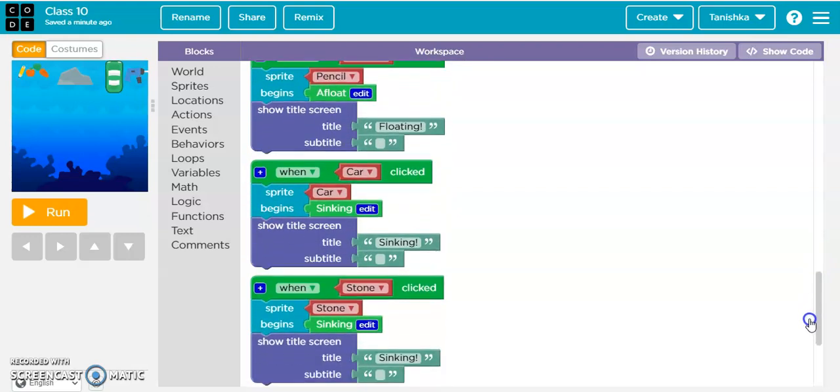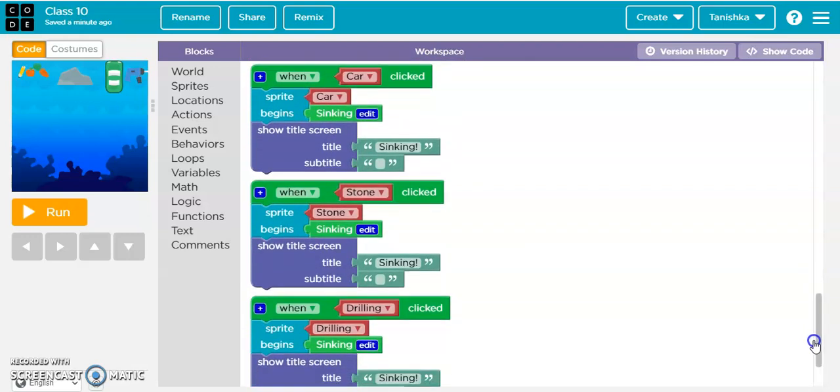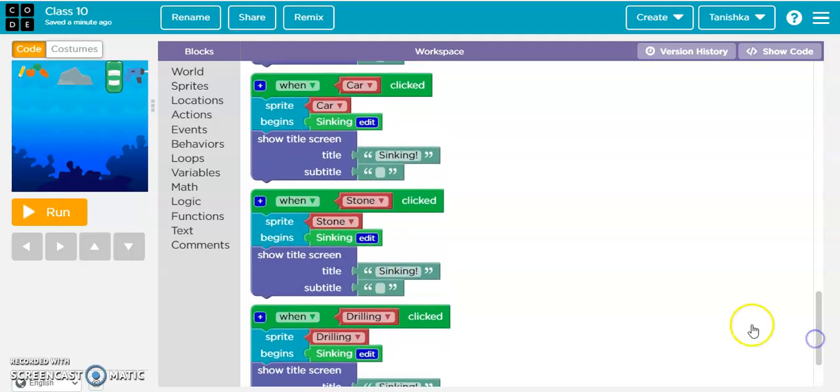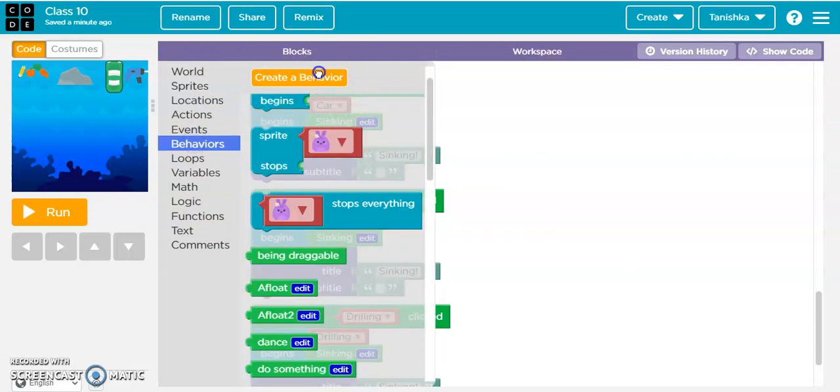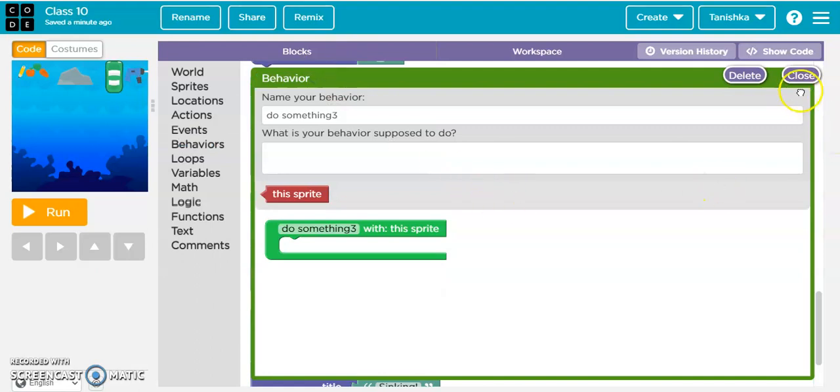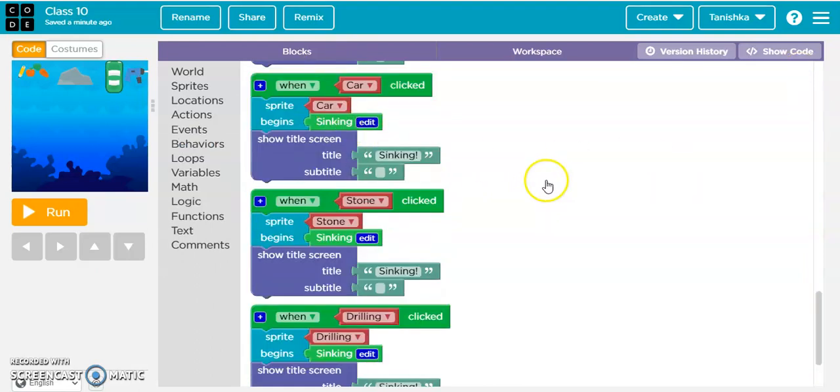Now we come to all the heavy things. When the car is clicked, the sprite, which is the car, begins sinking. I also created this behavior, sinking. Again you click on create a behavior, and now I'm going to tell you the code for the sinking behavior.